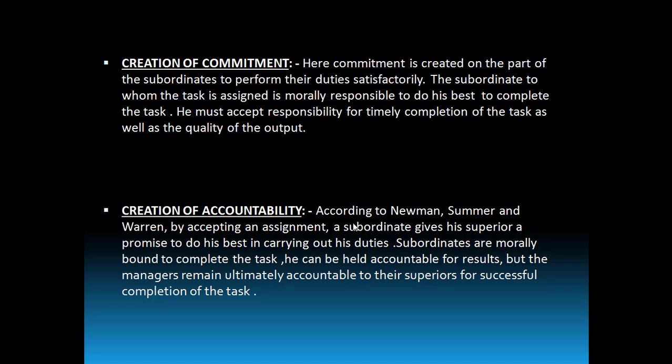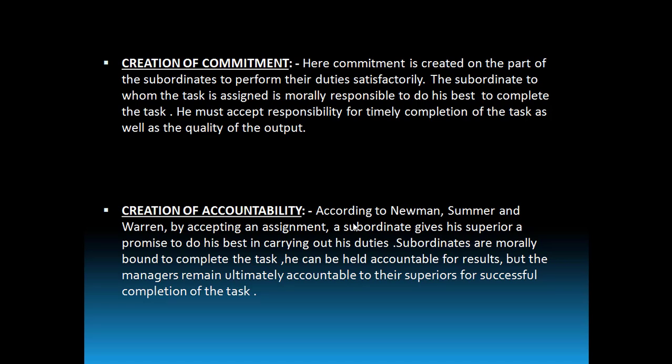But the manager who originally got the work from his superior and who delegated the task will also be responsible for the part of the task which is delegated. Right? So here two people are responsible. One, the subordinate who is actually performing the job which is assigned to him, he is answerable for the outcome of the result. And secondly, the manager who delegated part of his work or assigned the job to his subordinate will also be responsible for the outcome of his job.